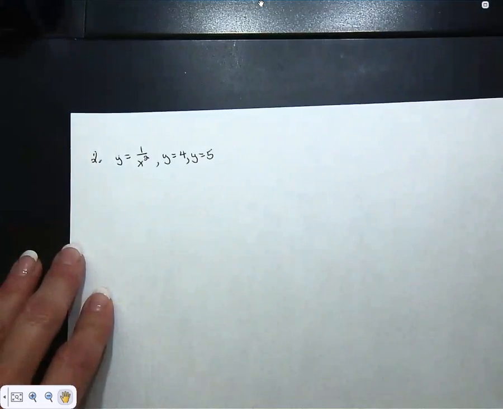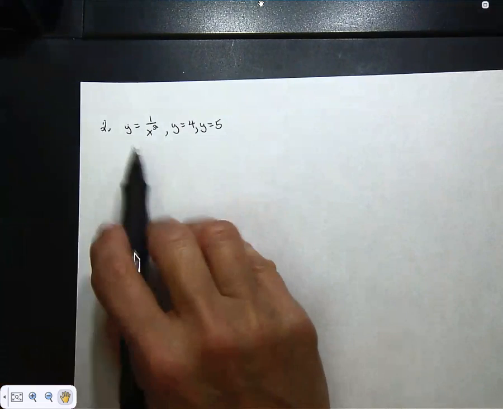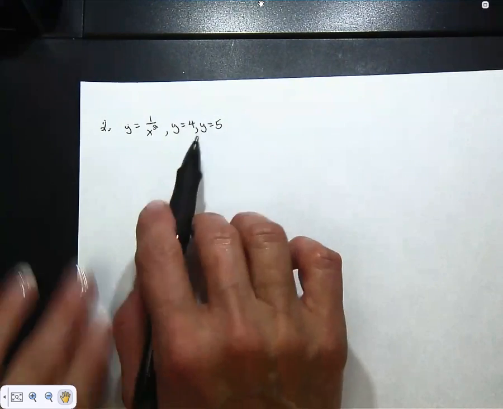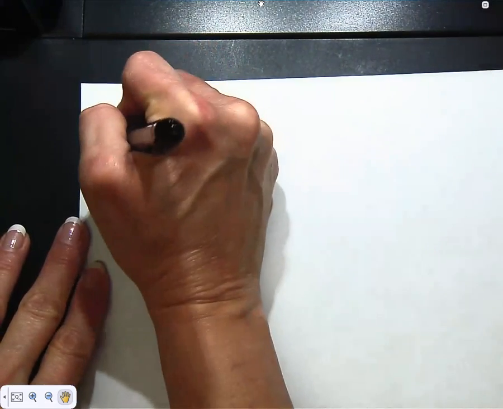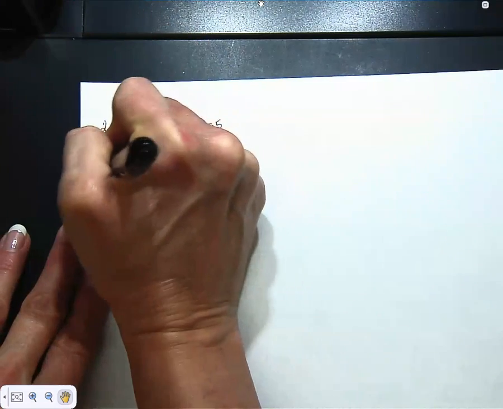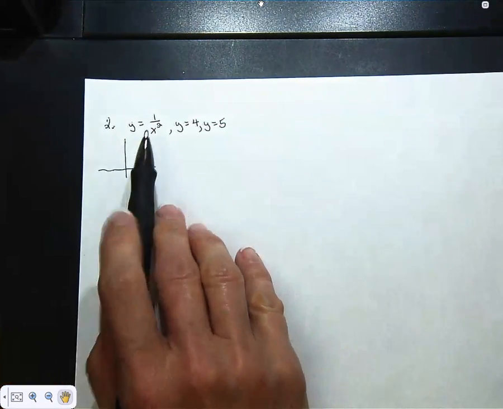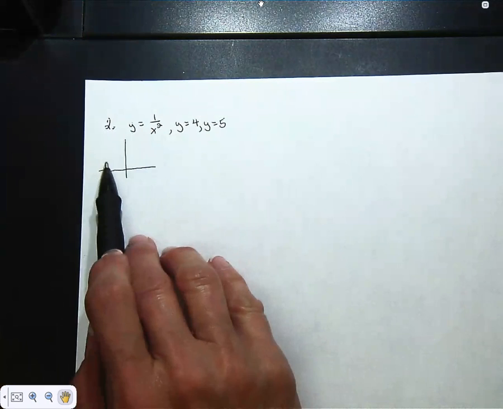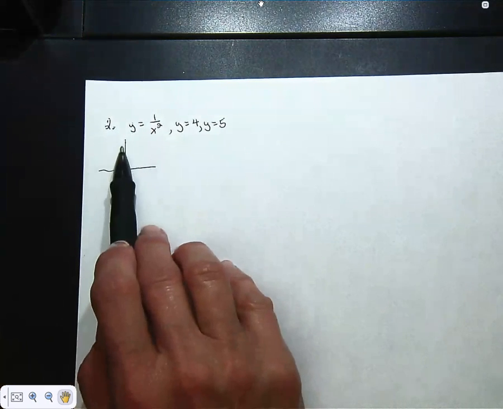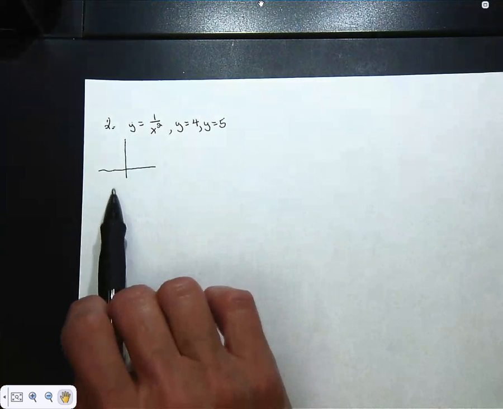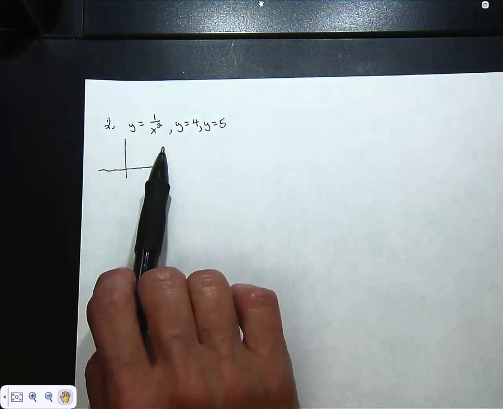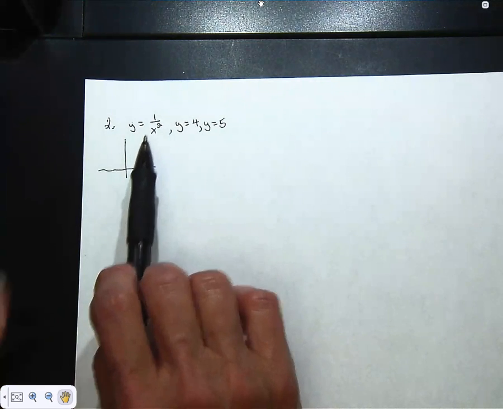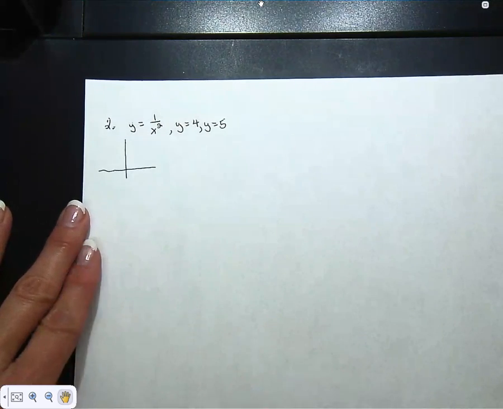Number 2 just says find the area between y equals 1 over x squared, y equals 4, and y equals 5. So we're just talking about a little bitty piece of area. And I know what 1 over x squared looks like. It looks kind of like 1 over x, but because you can't get a negative from it, both pieces are in the first and second quadrant rather than first and third quadrant. Wait, first and second quadrant? Yes. You can use negative x's. You're not going to get negative y. All right, so